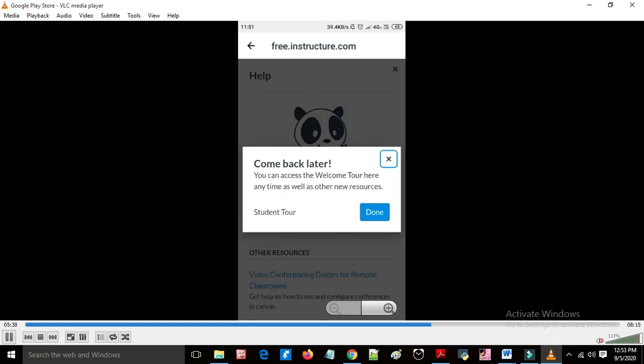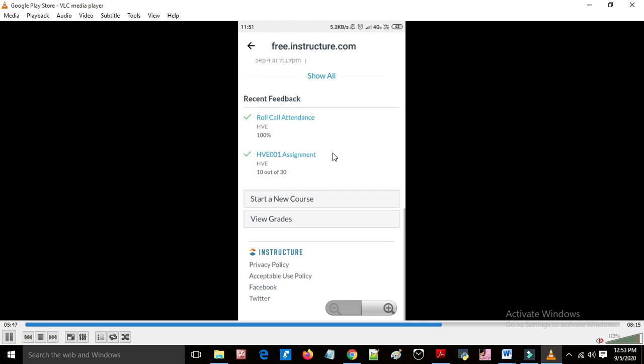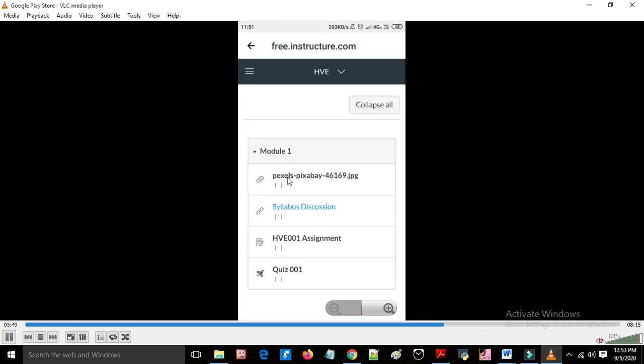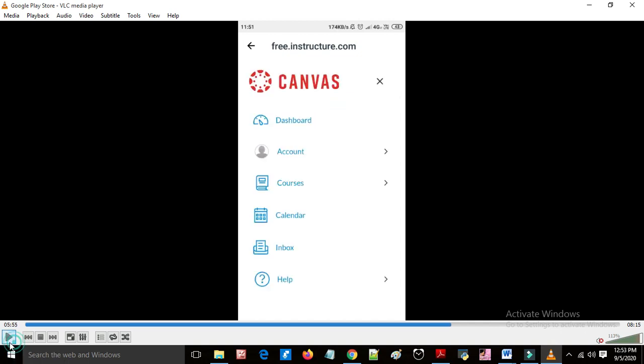In the mobile app you can see the dashboard, account, courses, calendar and inbox. If you have multiple accounts, they will show here. Whenever you log in with this login account, the app shows in this way.